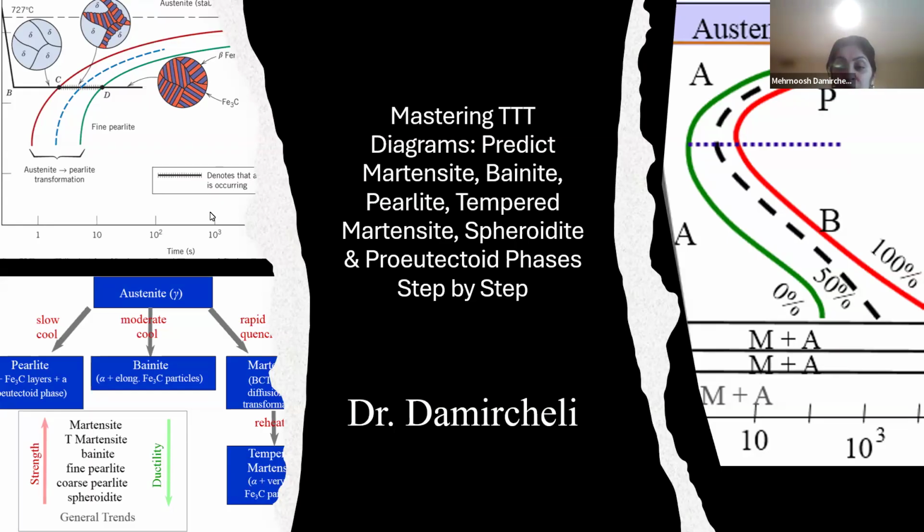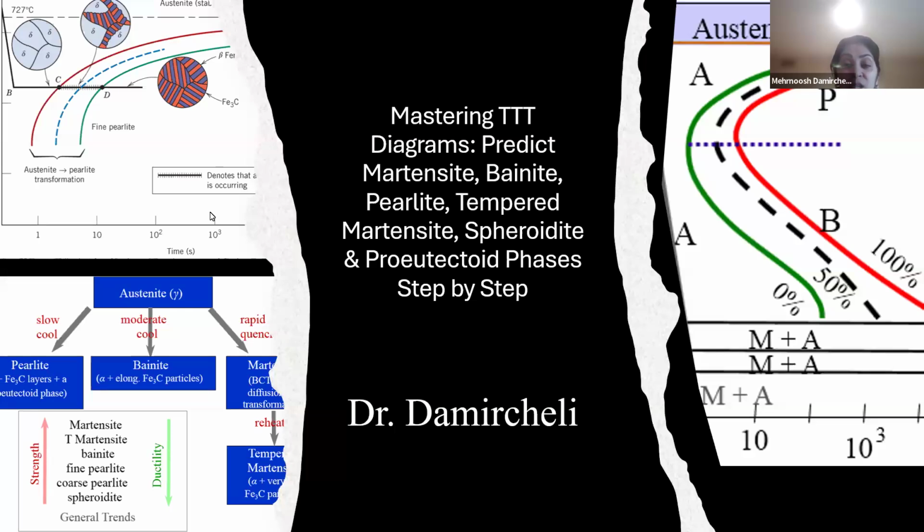And what is a TTT diagram? It is the time temperature transformation diagram, which shows not just what phases form, but how fast they form and in what sequence we have them. This is crucial for us as mechanical engineers. Why? Because the cooling rate and holding time can affect the final microstructures of the material, and therefore the material strength, hardness, ductility, and toughness, because all of them are related to final microstructures.